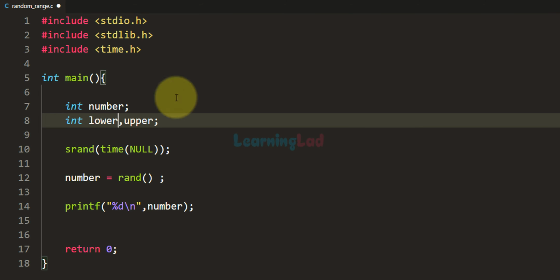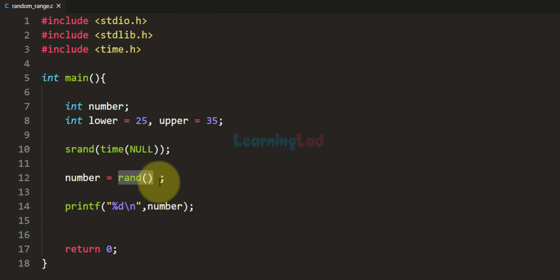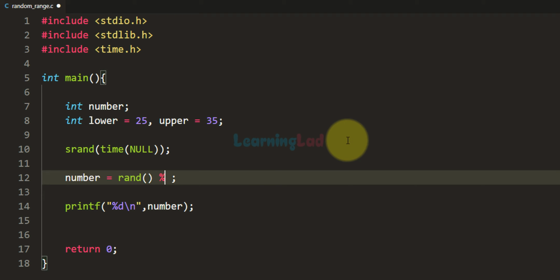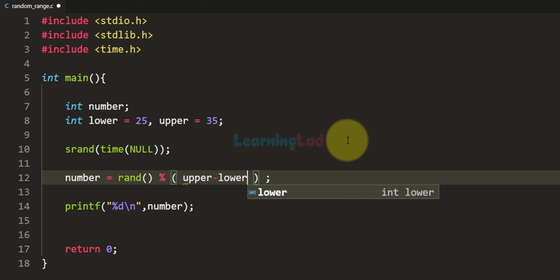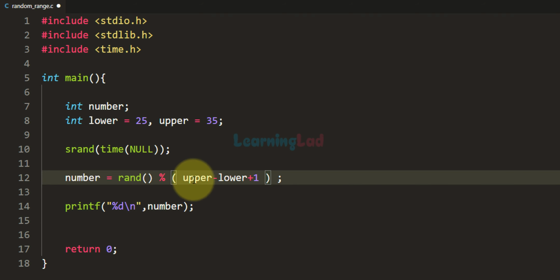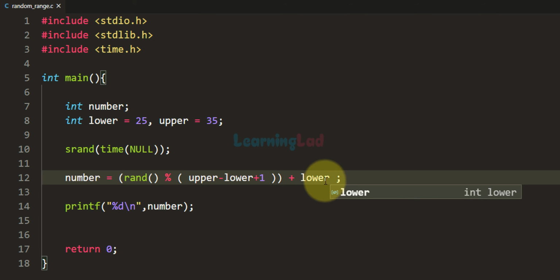If I want the random value between, let us say, 25 and 35, then after getting the random number by using the rand function, we divide that by a value which is calculated by performing upper minus lower plus 1. We divide the value generated by this rand function by this calculated value and take the remainder, and to whatever result we get, we add the lower limit value, the lower value of the range.